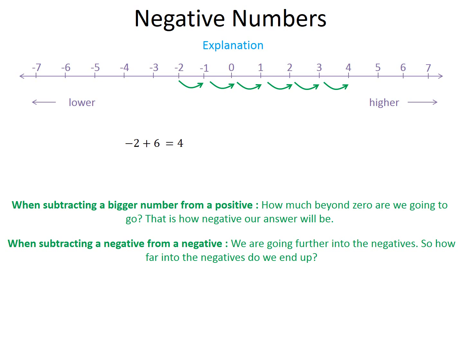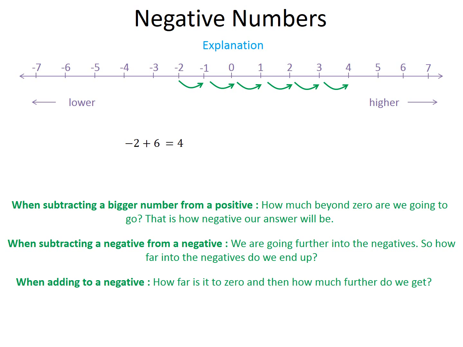And so what's happening here is wherever we start, with -2, it takes that many to get up to the 0. So it doesn't matter where we start. From -2, it'll take 2 to get up to the 0. From -5, it would take 5 to get up to the 0. And so again, the question ends up, what's left over? If I've already traveled 2 out of my 6, how many is left over? Whatever that number is, that's how far into the positives I will end up going,